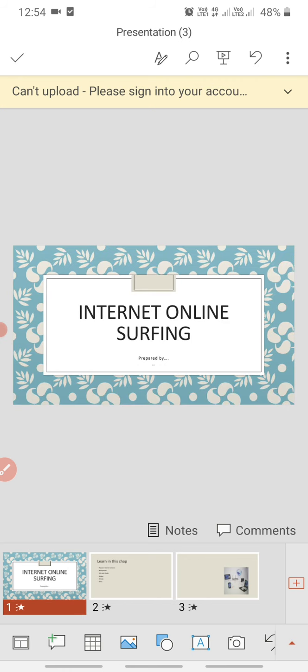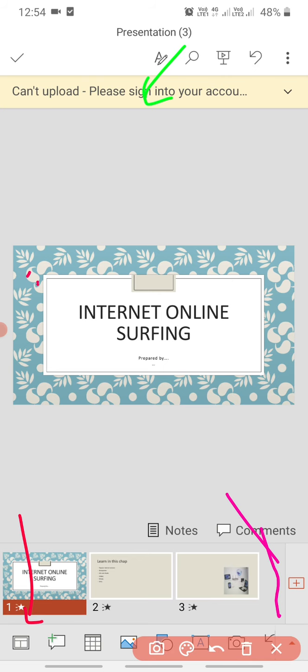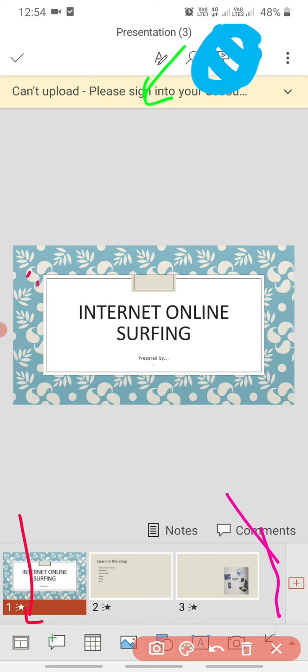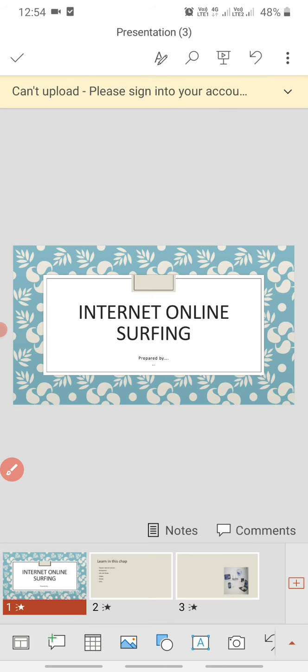Now if you want to see how your presentation is looking, about top you will have this button, this one. You can click on that to run your slideshow. Okay, so this is how your slideshow is going to be.